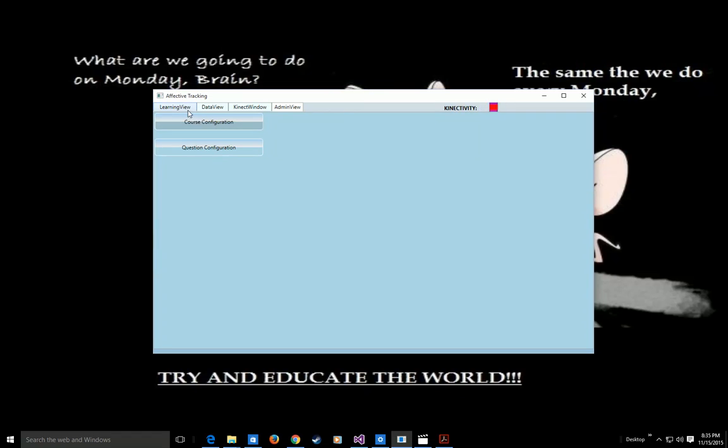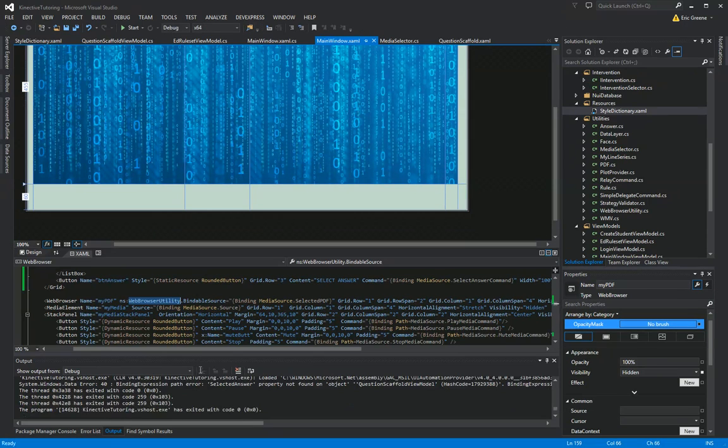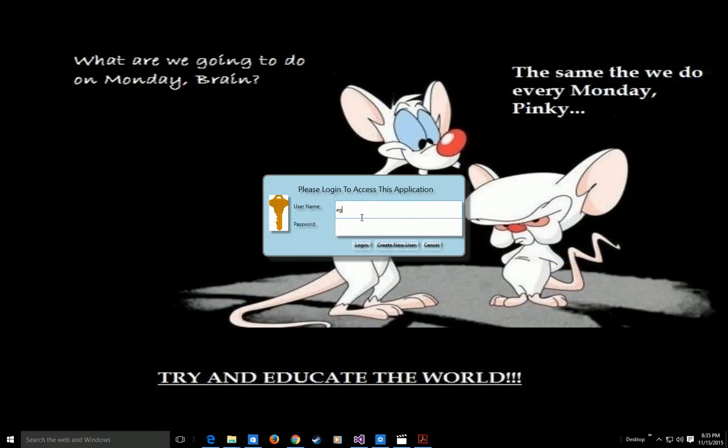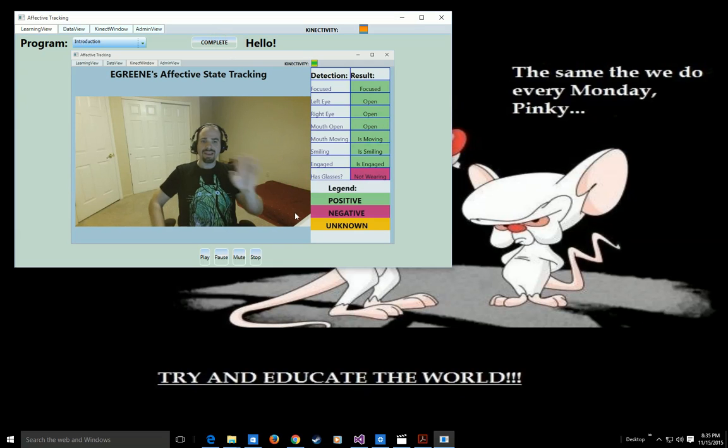And now, whenever I go to my learning view, we can select a program. And that will require a restart of the system. We'll go ahead and do that. We'll start it up again right here. Now, since this is tied to my individual student ID, I can create a new user which has access to the same modules and the same programs and the same question set. So I can start this module and